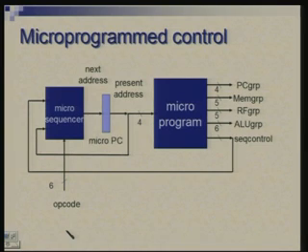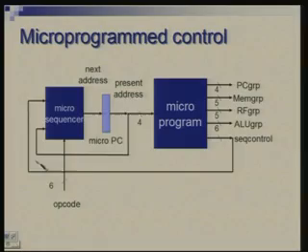Okay, so sometimes we will need to go sequentially, word after another. Sometimes we may need to jump from one point to another point. So here is a little arrangement to make sure that the right address is presented to this memory, so that the correct word is read out in every clock cycle. And how we generate this address is by another box which we are calling a microsequencer. So the microsequencer is ensuring that the right address is put in this register, which we are calling the micro PC or microprogram counter. So it is the counterpart of the PC as we saw in the main program.